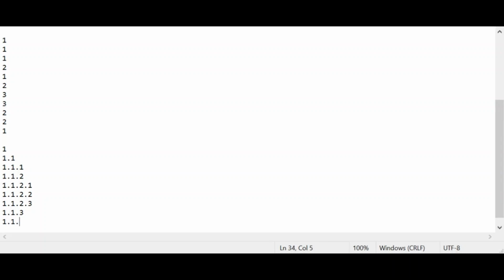So I will start popping out from last. And first last character was 3, which is not equal to 2. So I will pop that out. And now the last character is 1, which is equals to 2 minus 1. So I'll pop that out and add 2.